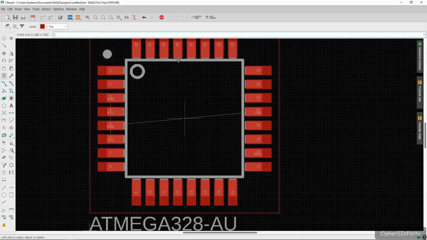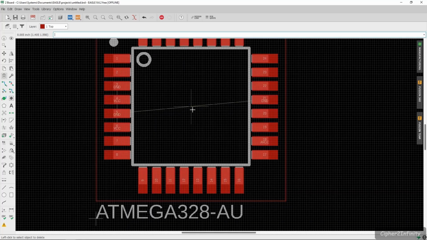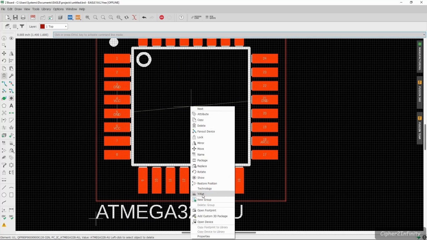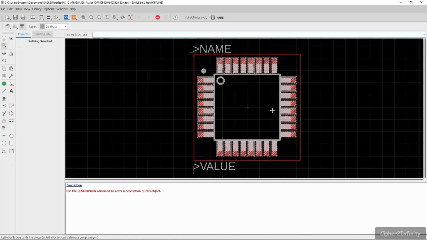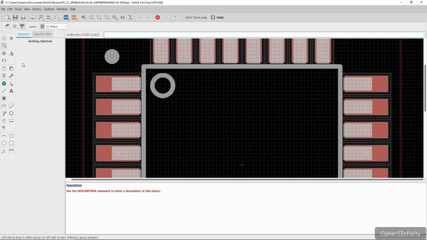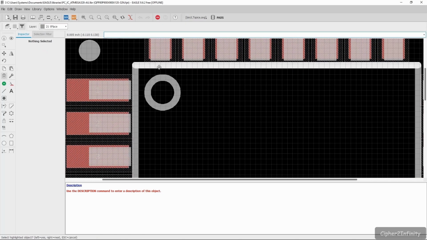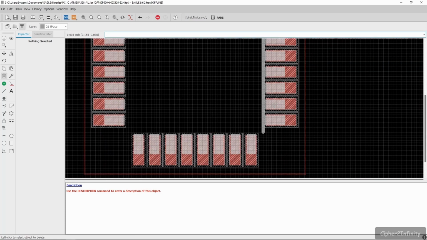So I will delete this first one. First of all you have to right click on this center point. And after that you have to click on open footprint. And here you have to do the changes. So again here I'm going to change the grid, so inch 0.05, and after that I will click on OK. And now let me delete this first of all. So I'm going to delete this one, and again this line and this line.